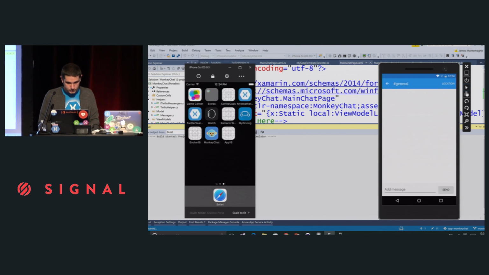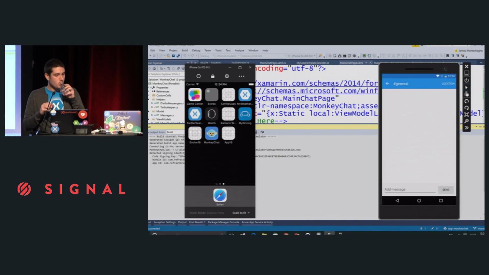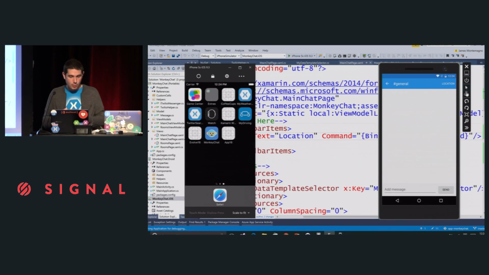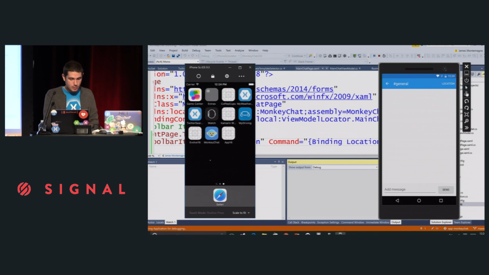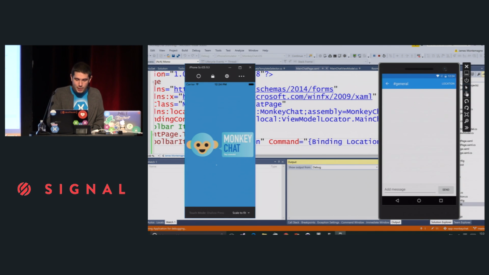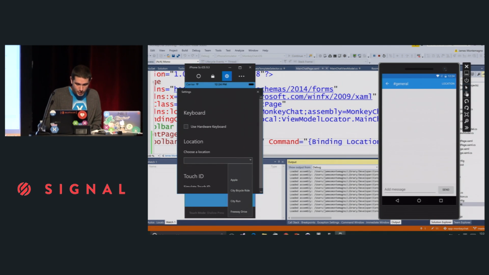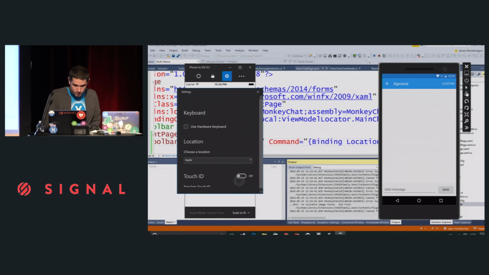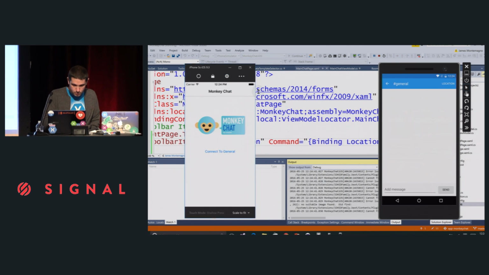Join general. Now we're relaunching our iOS application. One thing I'm going to do over here on iOS is make sure I have a location. We'll set it as the Apple startup here. I'll connect here to general again.